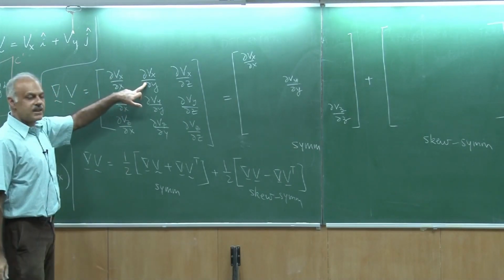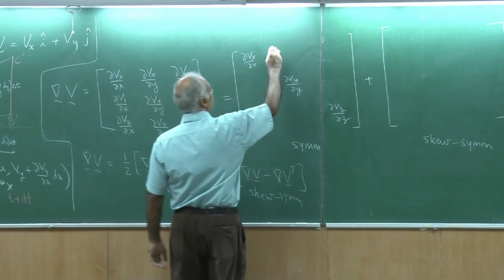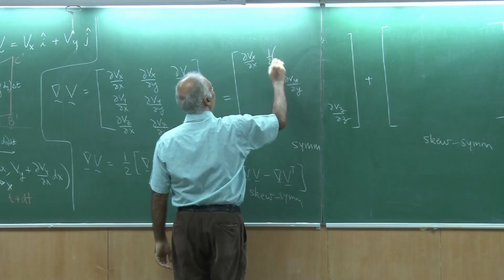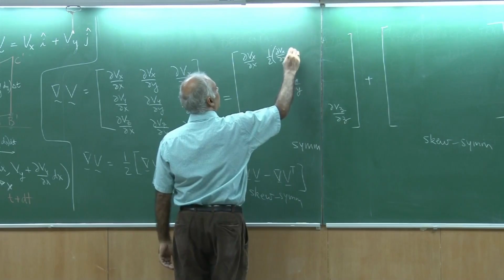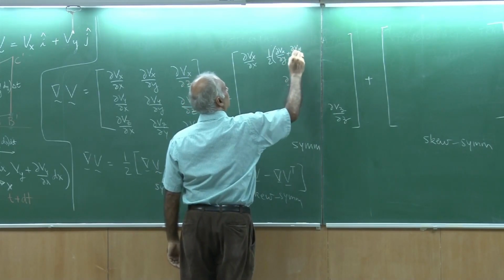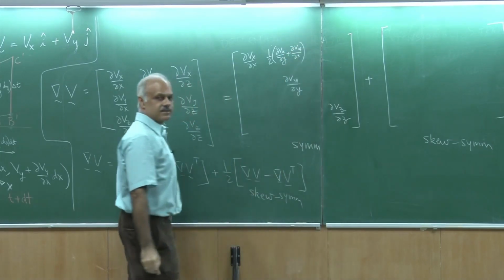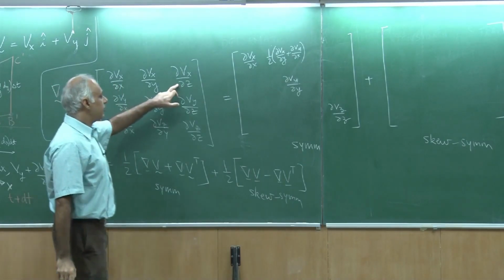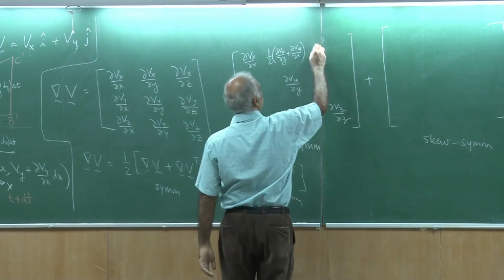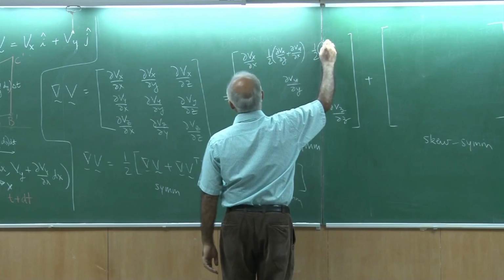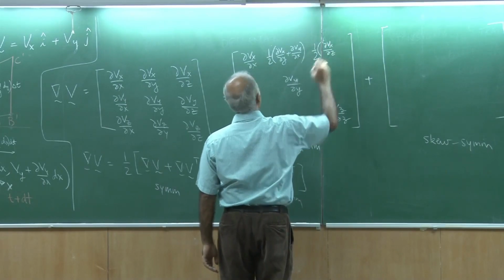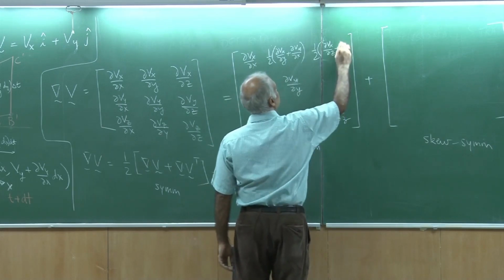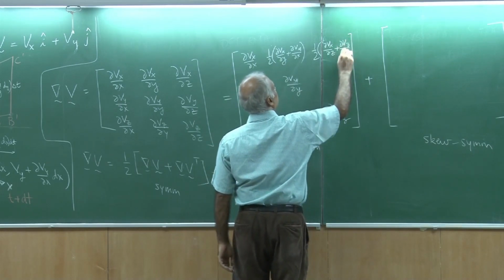Let us talk about this term over here. So, I would get here half of del Vx by del y plus del Vy by del x. And over here I would get a term which is half of del Vx by del z plus del Vz